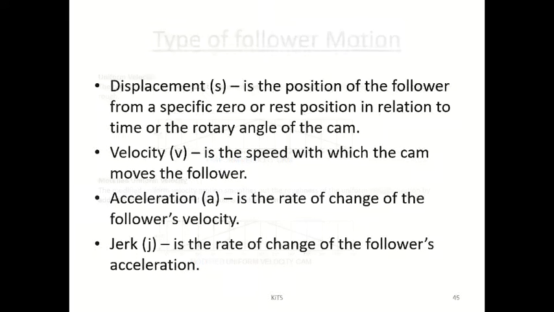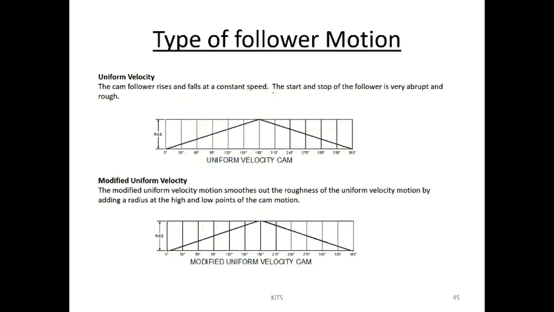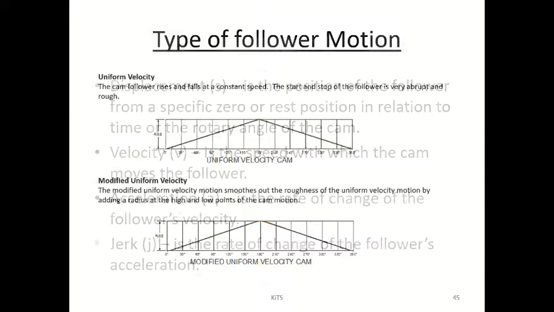Uniform velocity, but it will not be like a sharp edge. Because if it is like a sharp edge, the follower will go up and suddenly come back. So friction will come here and the surface might spoil or the roller might get damaged. So it will be like this, a smooth return. The follower will come up like this and then come back smoothly to its original surface. So this is called a uniform velocity motion.